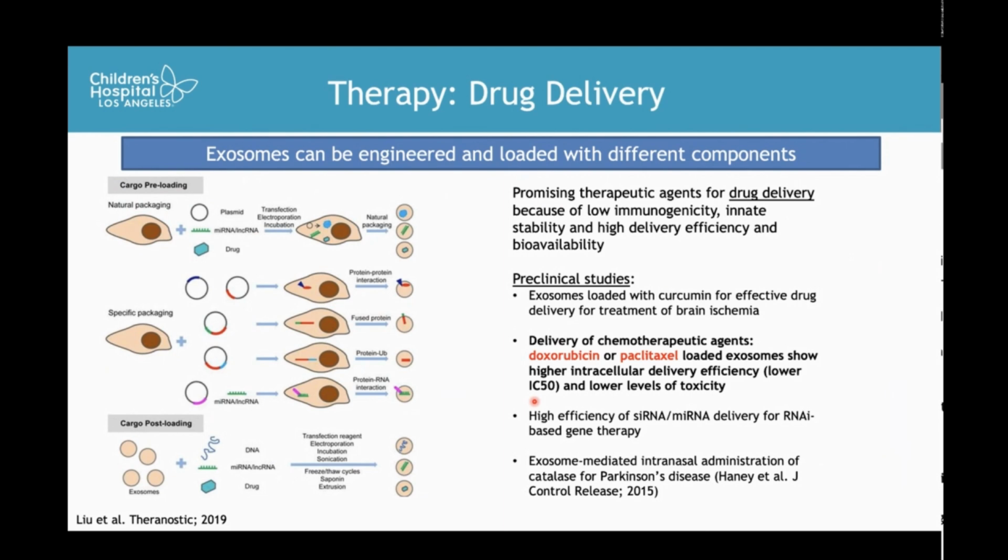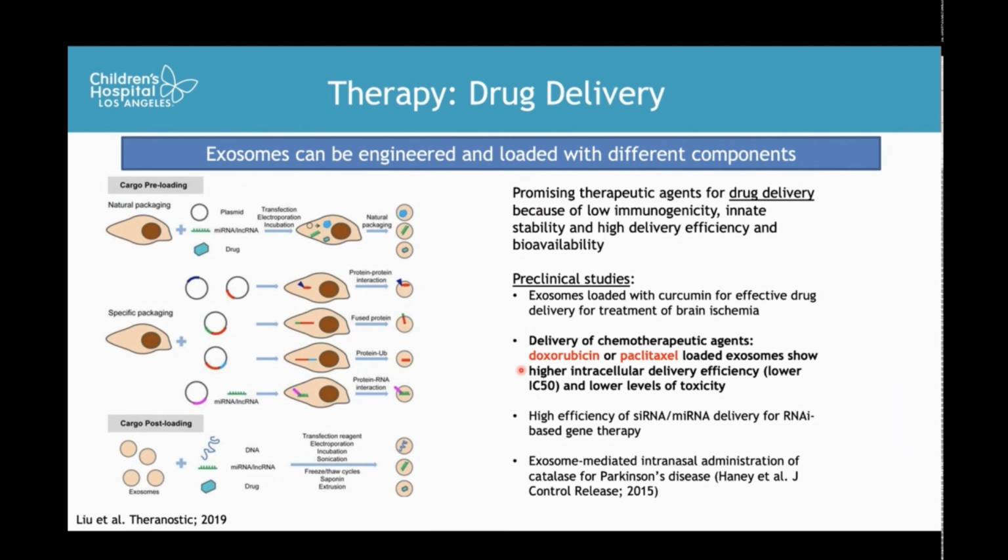There are several preclinical studies, for example, of exosomes loaded with curcumin or with other chemotherapeutic agents such as doxorubicin or paclitaxel that show higher intracellular delivery efficiency and lower levels of toxicity because the chemotherapeutic agent is delivered